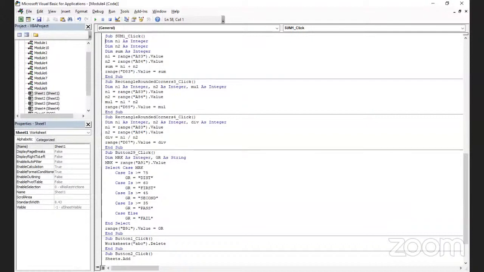So we will go to here. Now whenever we have to say that the n1 as an integer, n1 as a string, and n1 as a special character, that we have to mention. integer है तो उसमें आप integer ही वैल्यू डाल सकते हैं। n2 है तो उसमें आप n2 ही वैल्यू डाल सकते हैं। So, सम एक ऐसा वेरिएबल लिया है, वहाँ n1 plus n2 करेंगे, वो स्टोर हो जाएगा सम में।